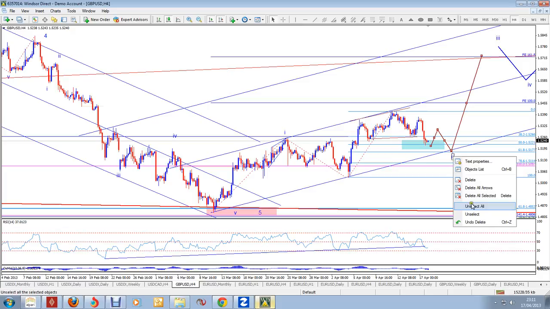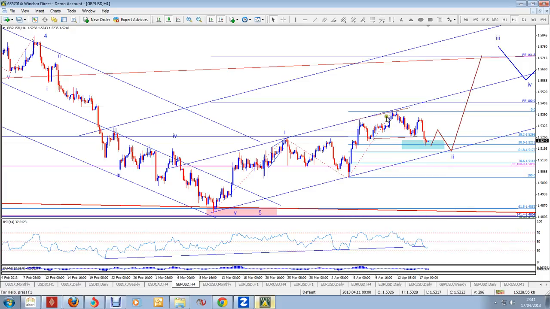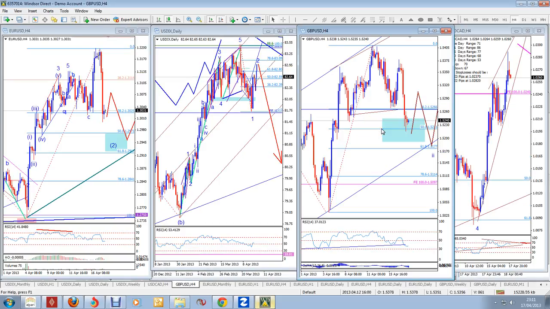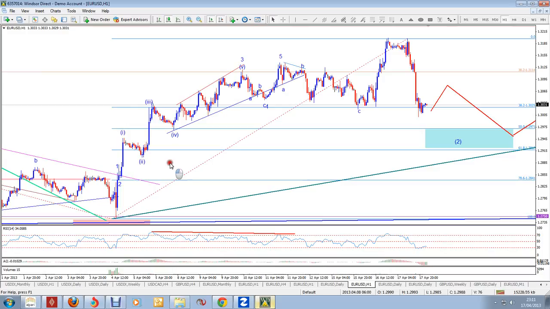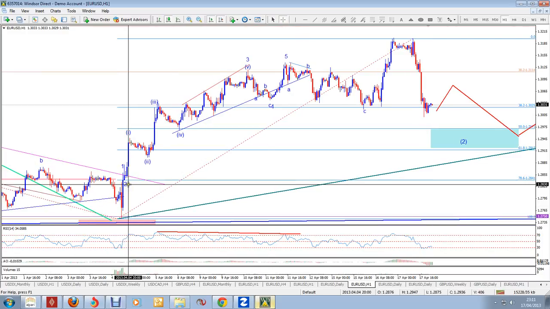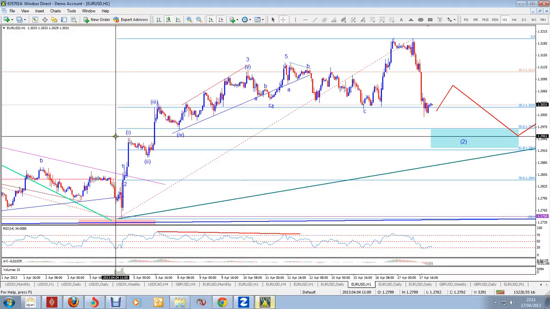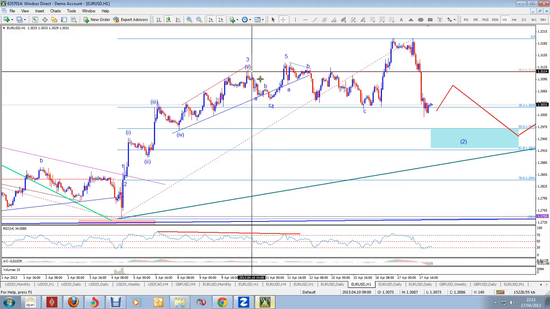It might even be like this, where we got wave 1, A, B and C down as a wave 2, and then moving up strongly in wave 3. So it's pound dollar, and then finally we're looking at the Euro USD. So in the Euro USD, much like the pound dollar, or rather the dollar index, I think this count initially has been difficult. But you can see I've labeled them as wave 1, wave 2, and then all of this is 3 with 1, 2, 3, 4 and 5. Then we go retracement 4,